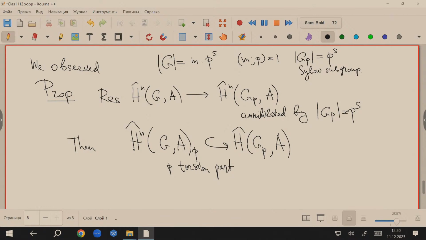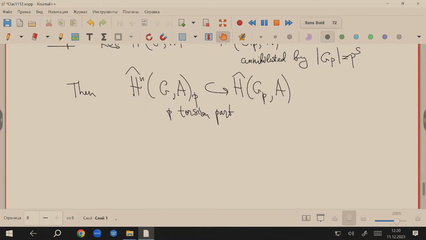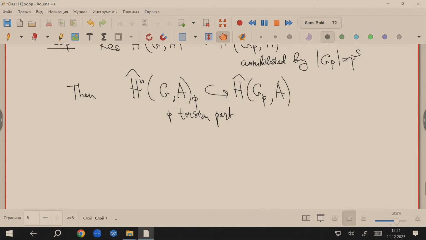Да, ну давайте теперь поизучаем. Ну вот мы видим, что теперь нам важно поизучать силовские группы. Причем вот еще и к тому же покручение: если мы интересуемся покручением в ЖА, то мы сводим к вопросу покручения в силовской группе. Но давайте заметим следующее: let us notice that if GP is a P group